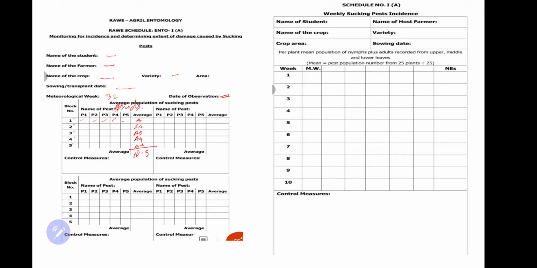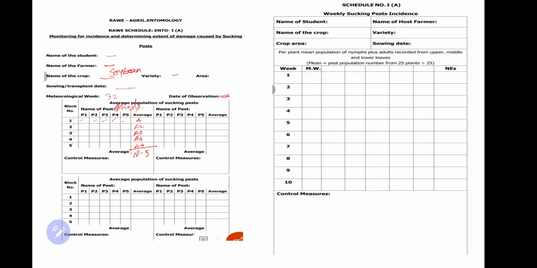It is not necessary. Suppose the crop is soybean and it is affected by aphid, jassid, thrips and whiteflies on the same date, in the same meteorological week, on the same plants. So if there is an attack of aphid, mention the attack of aphid. If there is a simultaneous attack of whitefly or jassid, record that too, on the same crop and the same plant. If there are only 2 pests or a single pest, keep the rest of the tables blank.